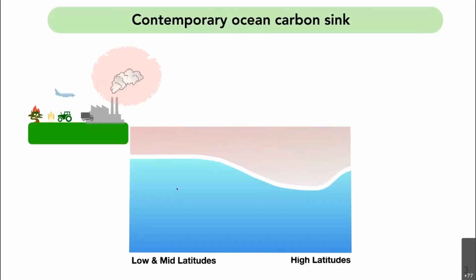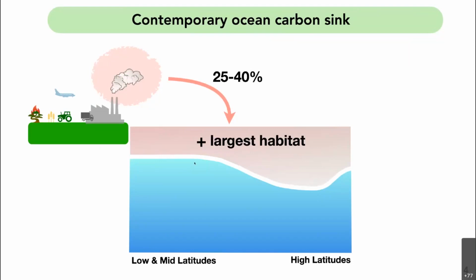So very broadly, we study ocean biogeochemistry because the ocean serves as a large sink for anthropogenic carbon. 25 to 40% of the anthropogenic emissions wind up in the ocean. And also the ocean is the planet's largest habitat. The invasion of carbon and heat give pause to the ability of the ocean in the future to continue taking up carbon, as well as to continue serving as a habitat for many marine organisms.